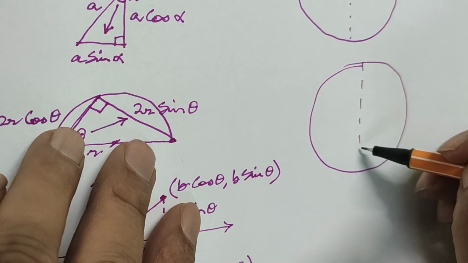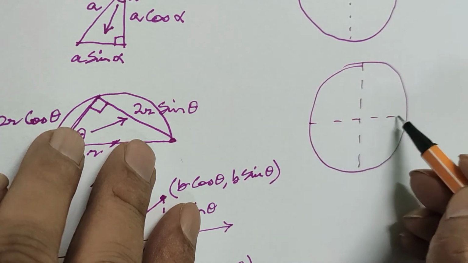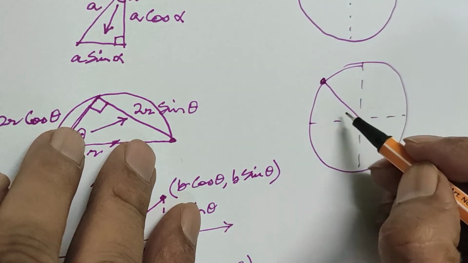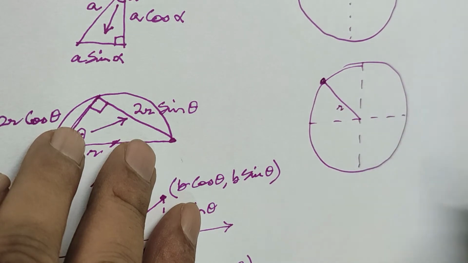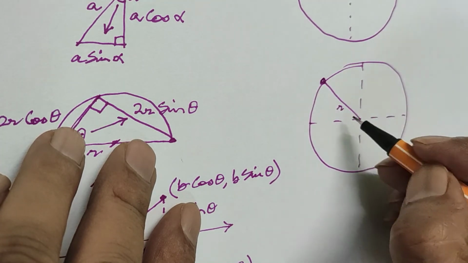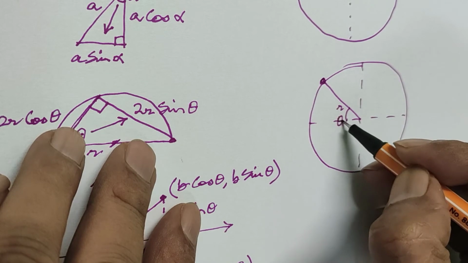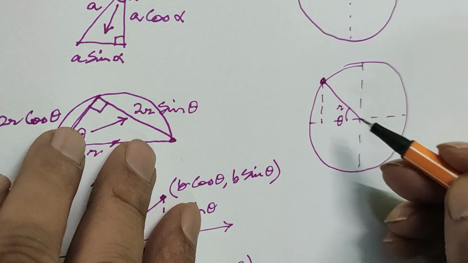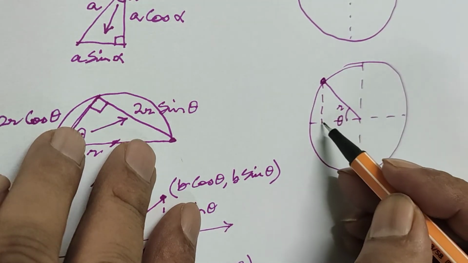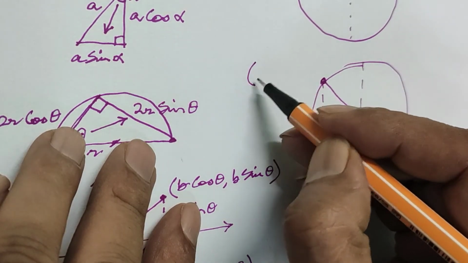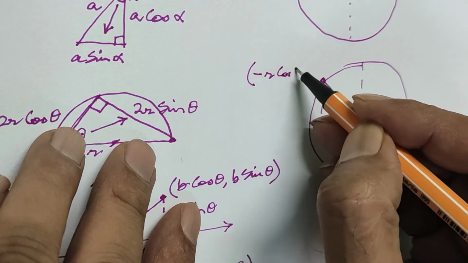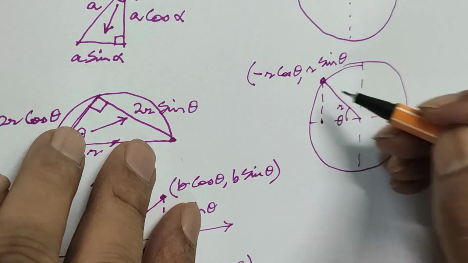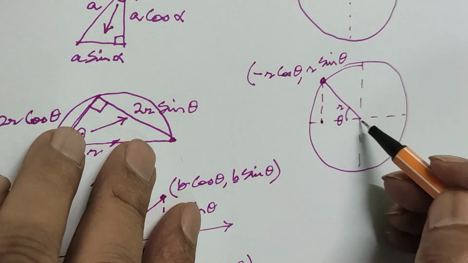We'll look at it a little more. If this coordinate you have to find, let's say this is our R, and this angle is theta. So again we get in this triangle R cos theta and R sin theta, but here the theta is on the negative side. So we get minus R cos theta, comma R sin theta, because sin theta is in the positive direction. Similarly, let's take one more,